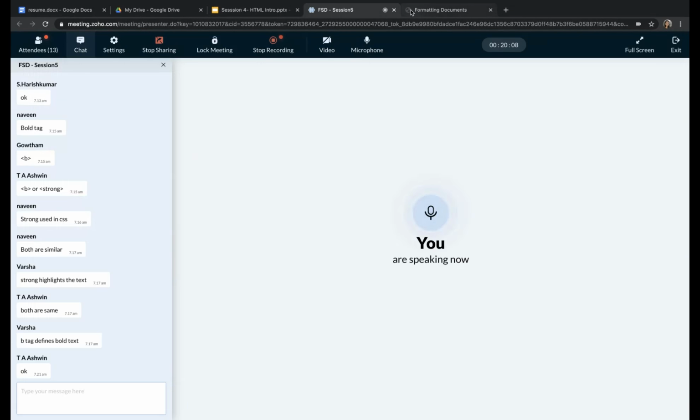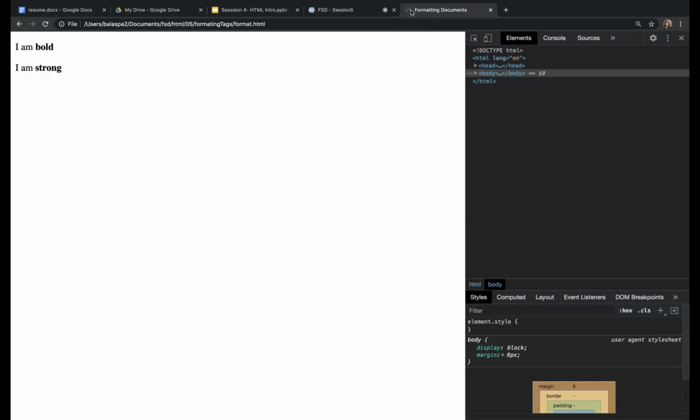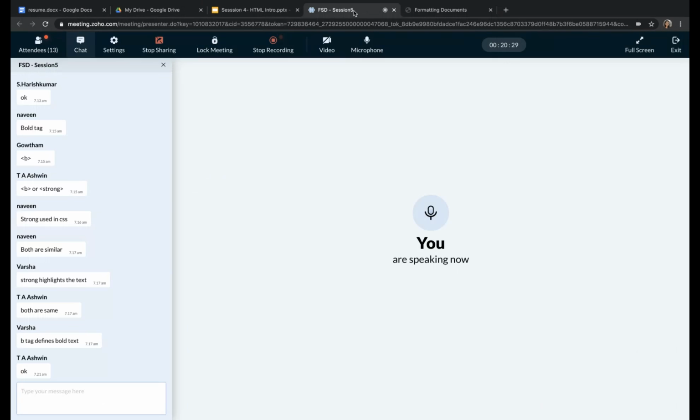Okay. So both are the same, but only in look and feel. When we want to just make the text bold, we need to use bold. If the context itself is important, we need to use strong. Fine. Next,